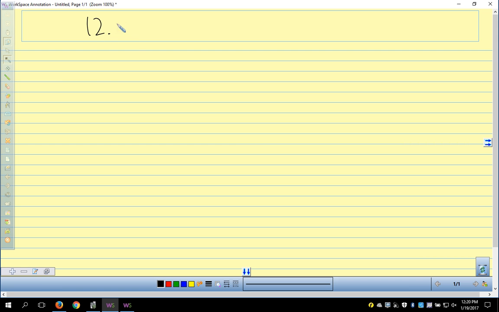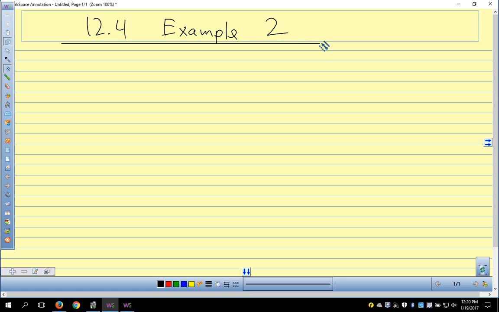All right, I'm going to do one additional example from section 12.4. I'm going to say 12.4 example 2. Find our tangential and normal components of acceleration and our unit tangent vectors for a three-dimensional vector. So we're going to say for this one, r of t is e to the t